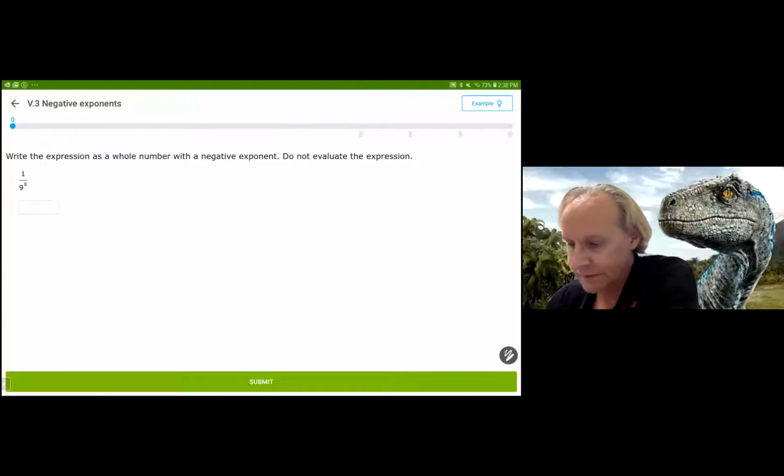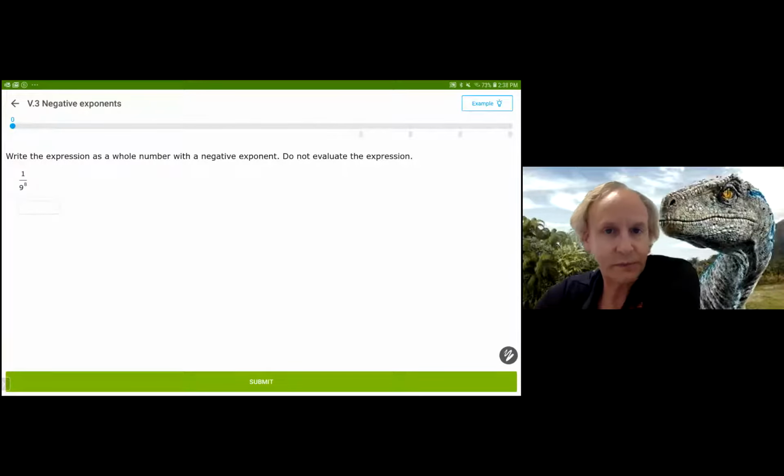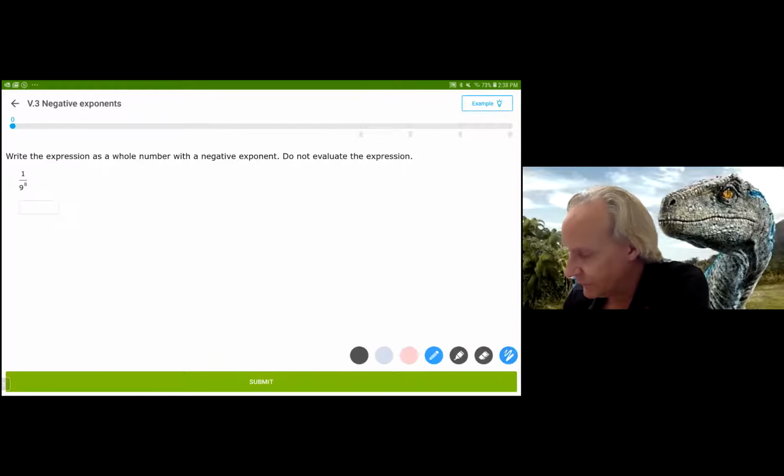So we're looking at negative exponents, and it says to write the expression with a negative exponent, do not evaluate the expression. So anytime you move across the division line, you're changing the sign. And it's pretty easy to remember. So basically this is the same as 9 to the negative 8 over 1. When you move it across the division line, you change its sign. So this means 9